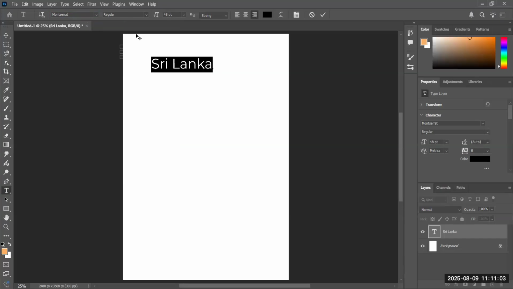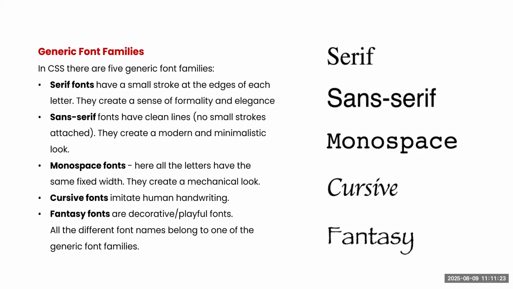So there are two different things. They are not the same. People think they are both the same, right? No, it's wrong. It's different, right? Okay. So when we are talking about font families,